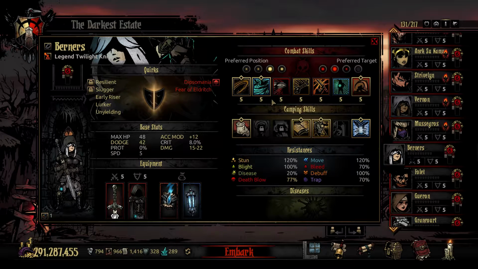But let's get right to it, shall we? So the Twilight Knight base stats are pretty interesting. She has a lot of HP, obviously. She can do damage. Her crit is very naturally high, so that's the start. It's good already. However, she doesn't have good accuracy, so of course you're gonna have to give her some trinkets